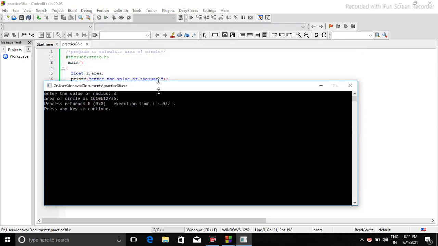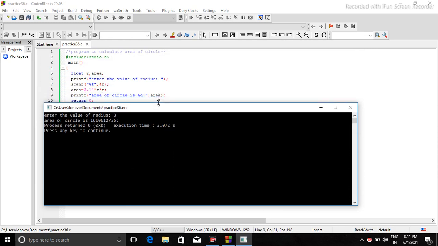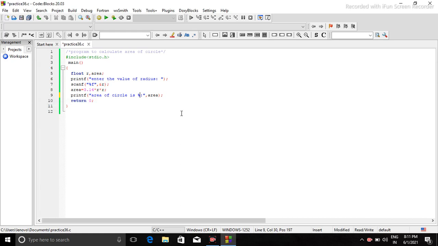Because the format specifier which we have mentioned here is not matching with area, because area is of float type, and we are writing %d here, which is meant for taking integer outputs. But when we multiply 3.14 with any integer the answer will be a float or real number. So here the format specifier should always be %f.